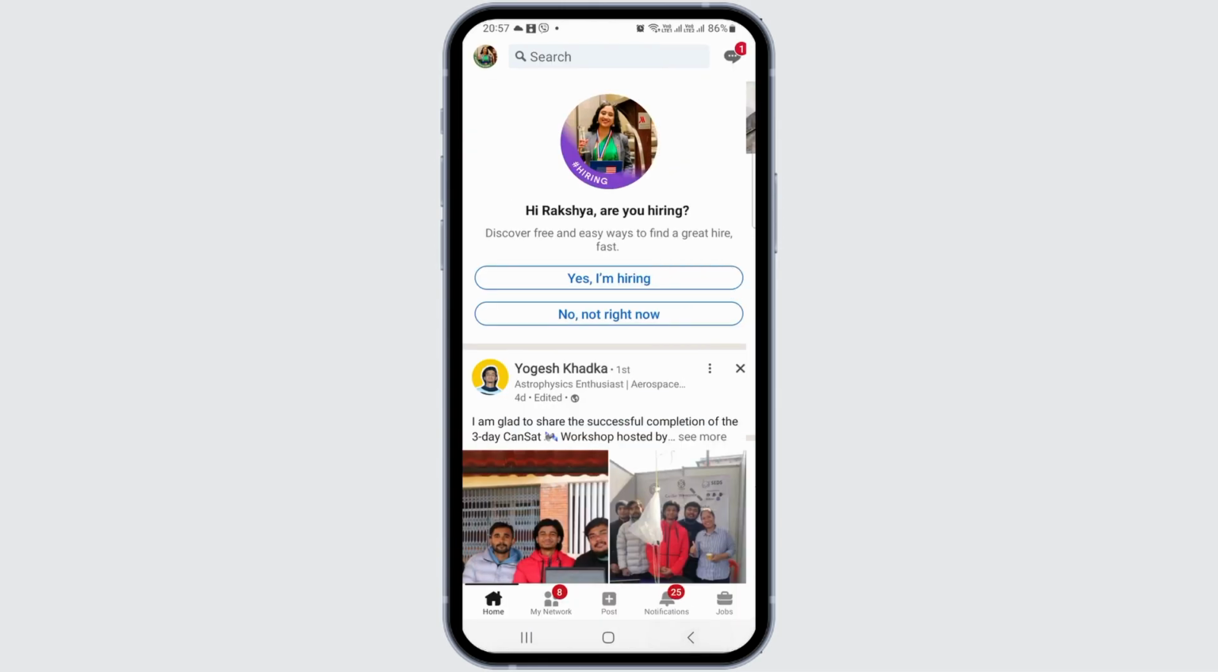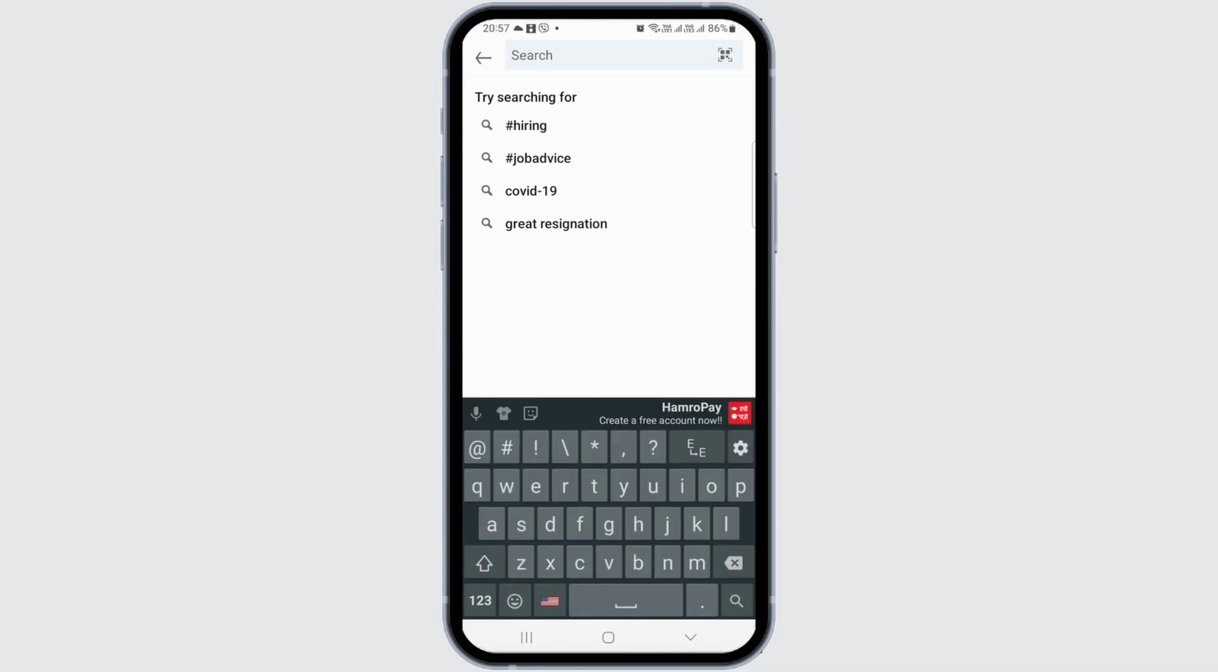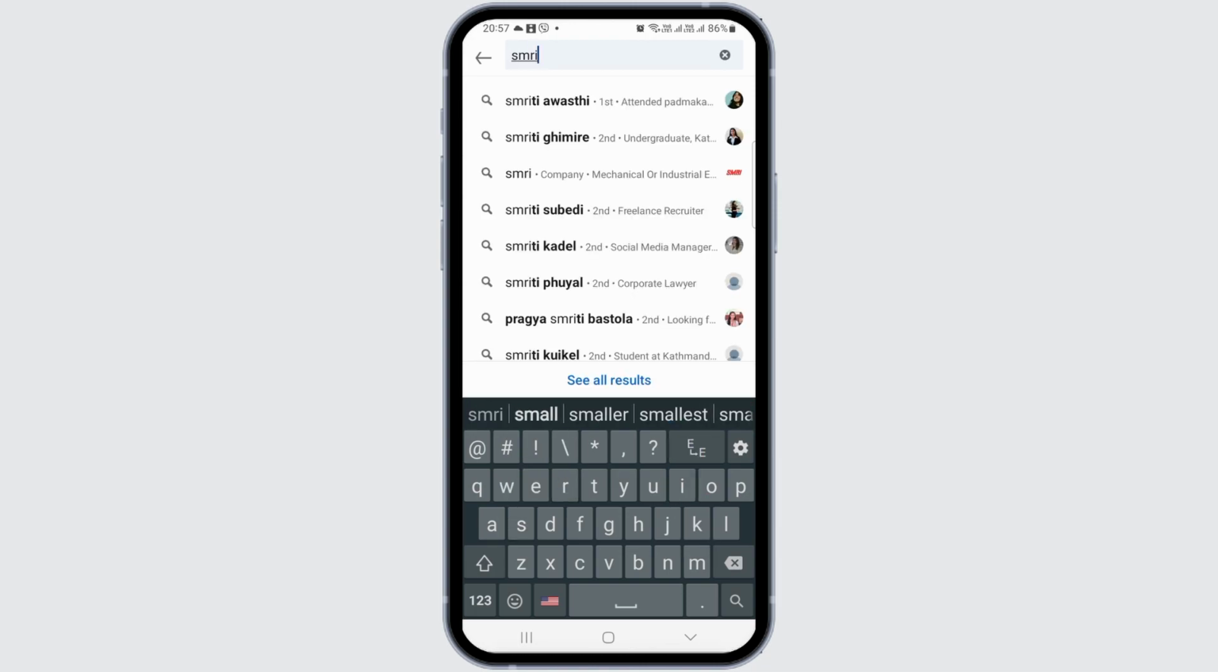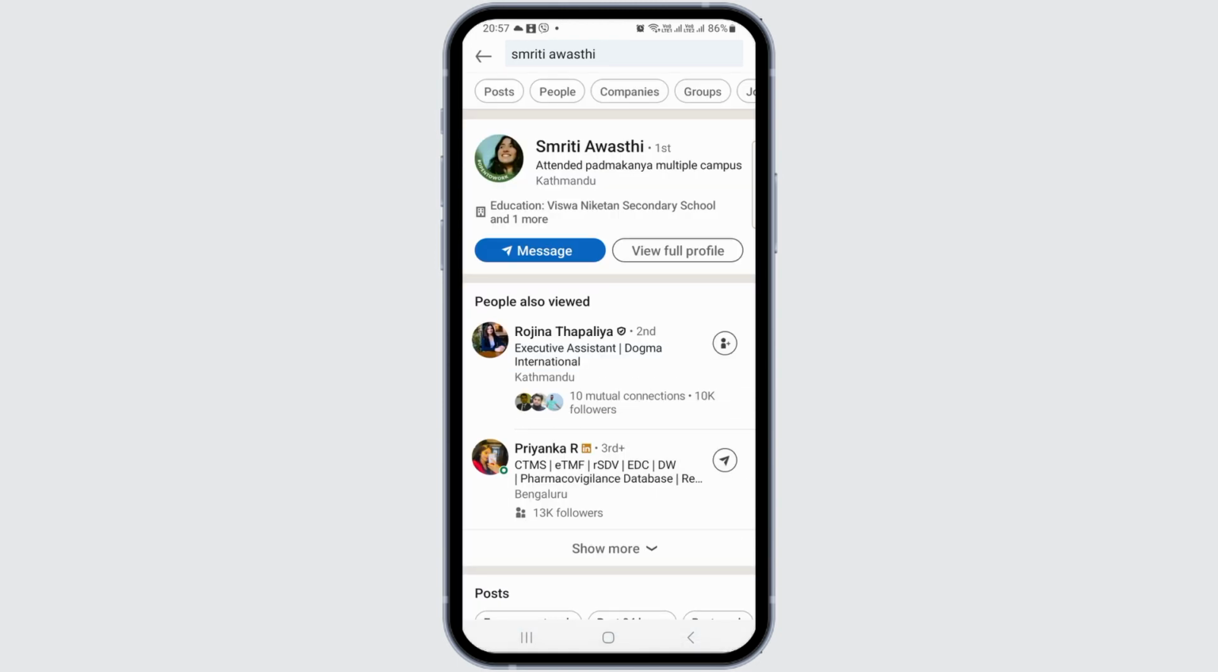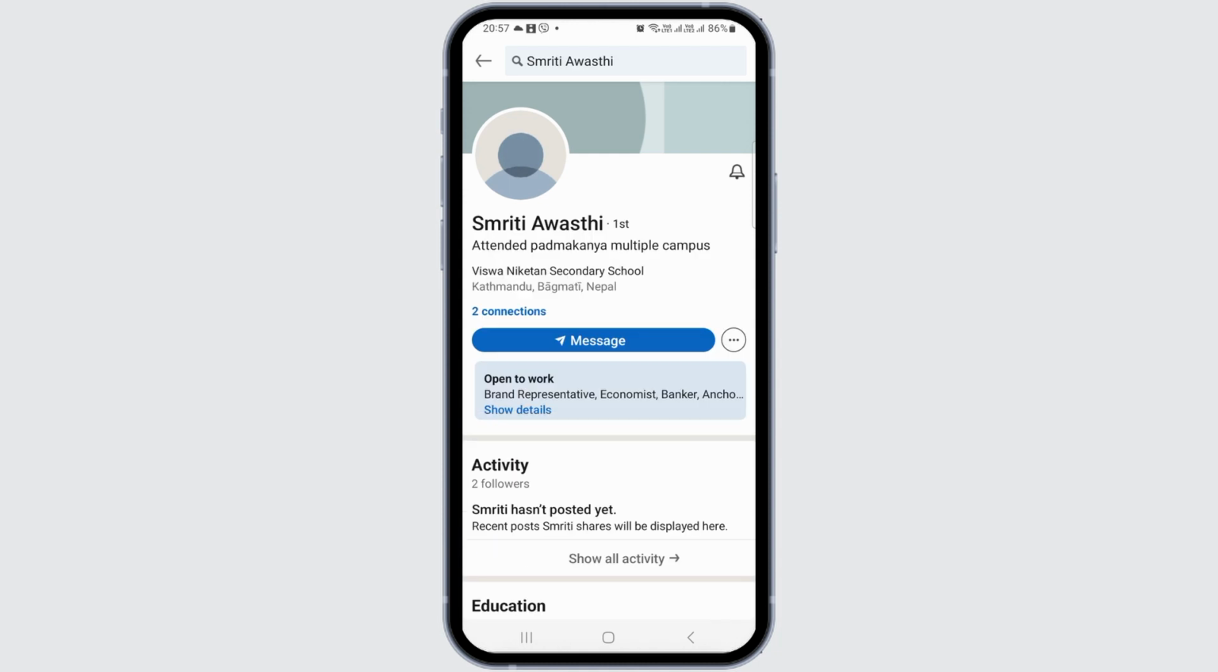Now, if you would like to search for any of your friends on LinkedIn, then you have to go to the option of search. For example, I wanted to search Smriti Awasthi here. And here you have to search for the very friend that you would like to search. And you need to tap on the account of the very friend that you are searching, and you need to tap on the account like this, and this way you can also find the account of your friend which you want to search in the very